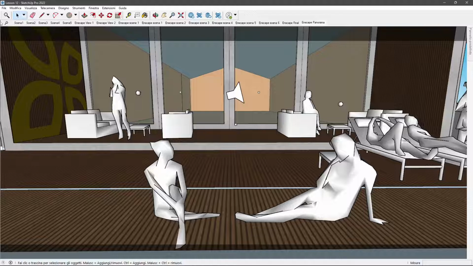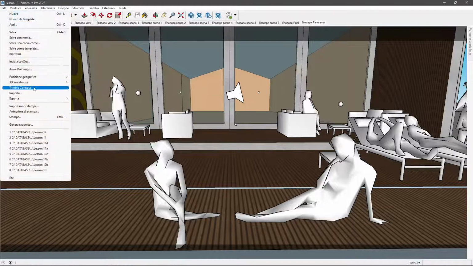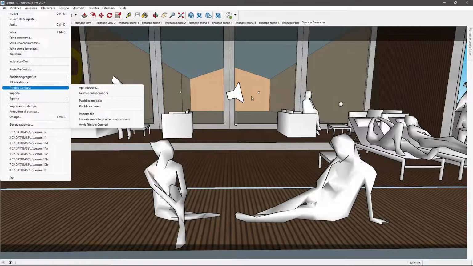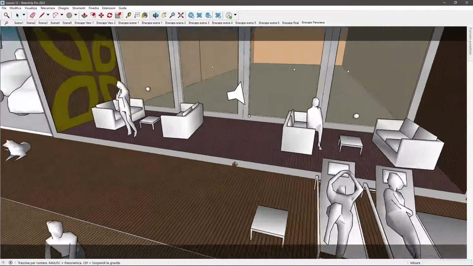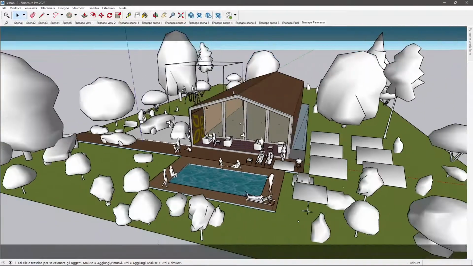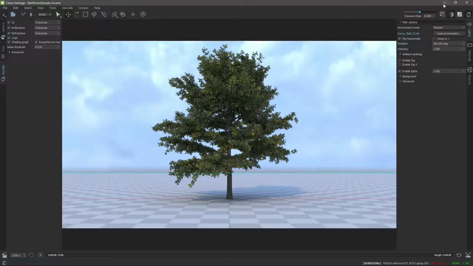So you either use the live link here or you export. You can also export the SketchUp file, or you can export V-Ray scene or V-Ray meshes, which means the SketchUp file plus the scene with all these assets and so on. Now in Vantage, you can see the live link right here. If it's working, you will see it right here.